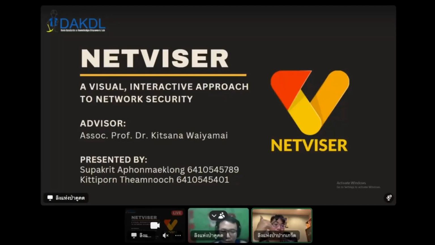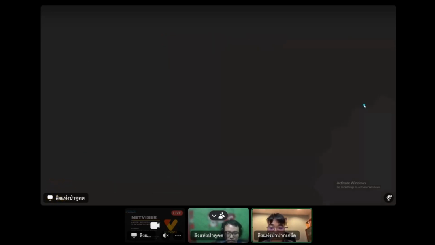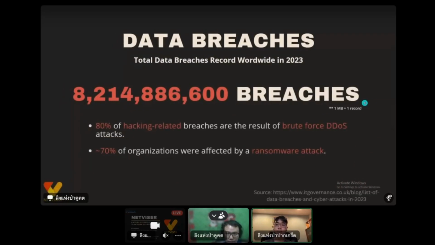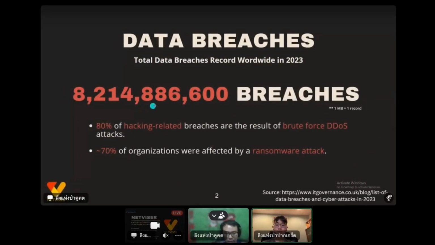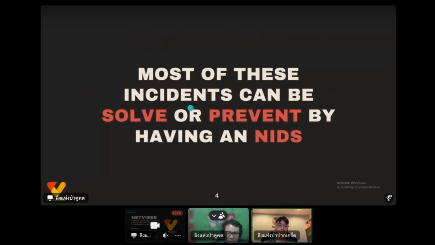So this is our presentation after we present to the committees. This is our content that will be here in these presentations. First is the background. There are over 8,000 million breaches in the world, and today we say that most of these incidents can be solved or prevented